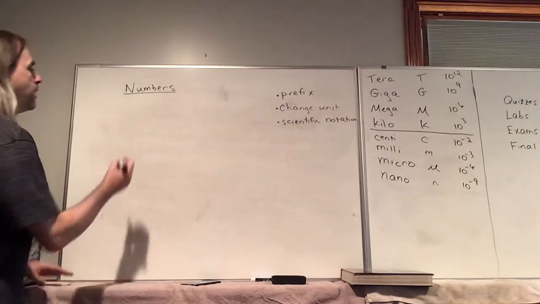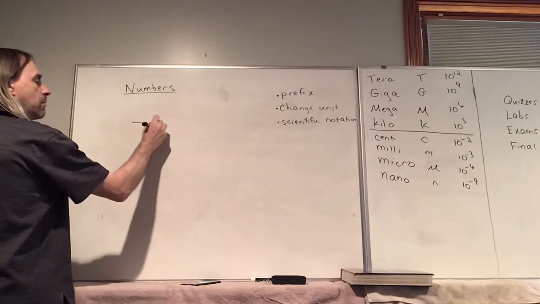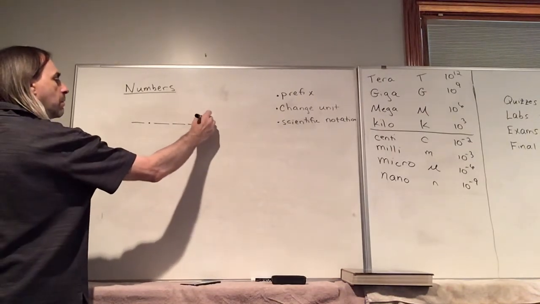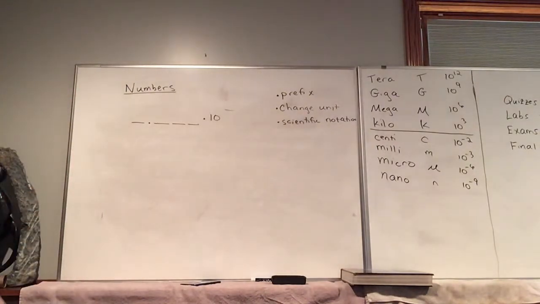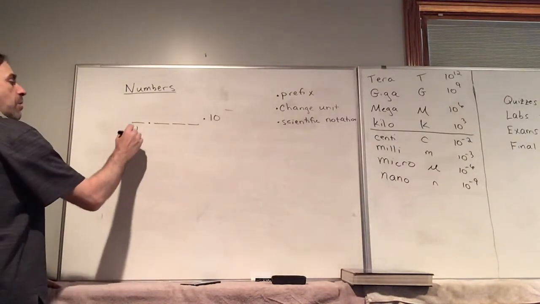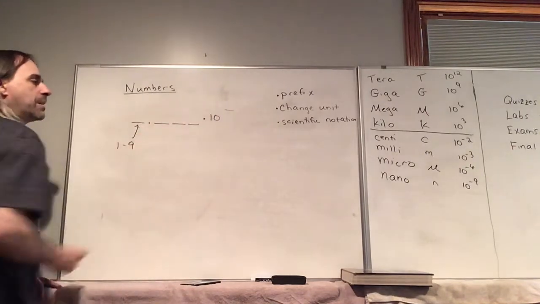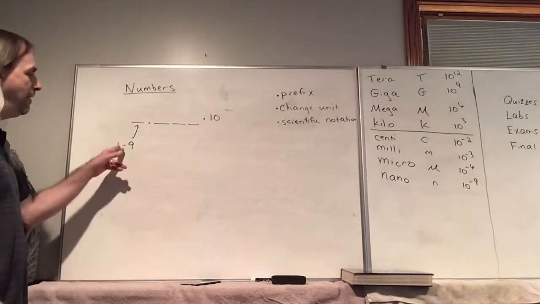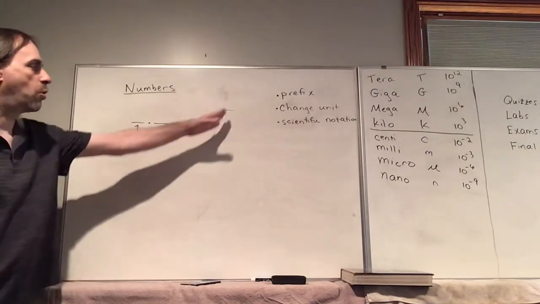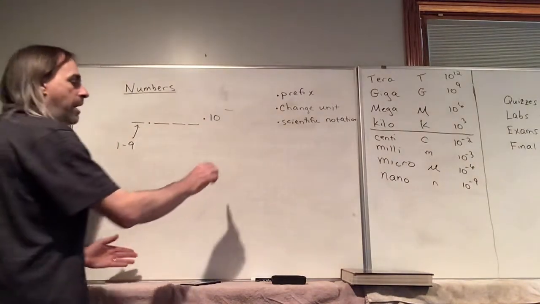So in scientific notation, it looks like this. These blanks are numbers. So this first one is a number between 1 through 9. And the rest of these can be any number you want. Basically, these are all just ordinary numbers, except the first one cannot be 0. Something like this,